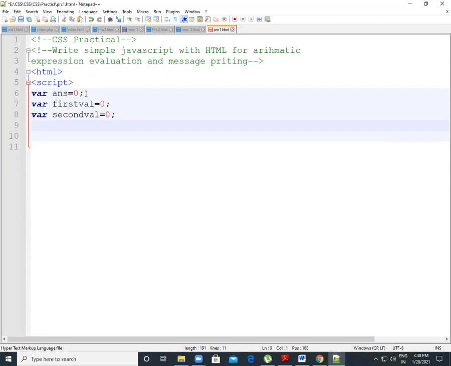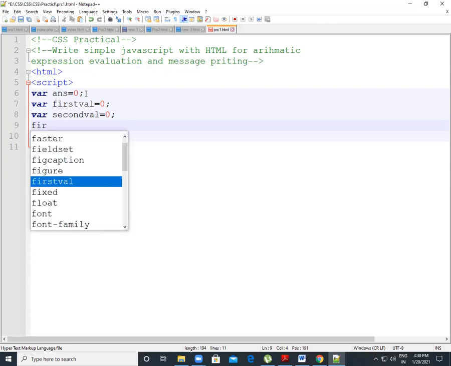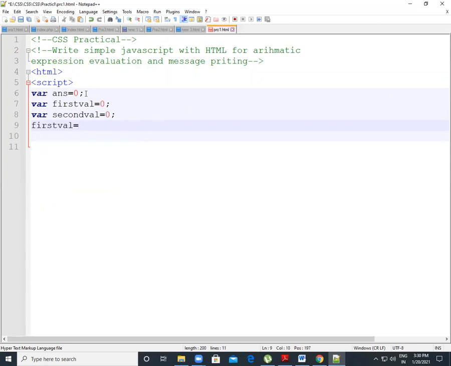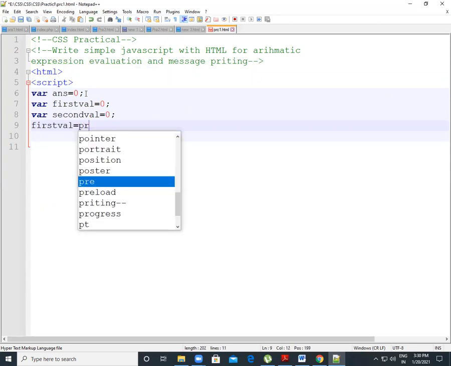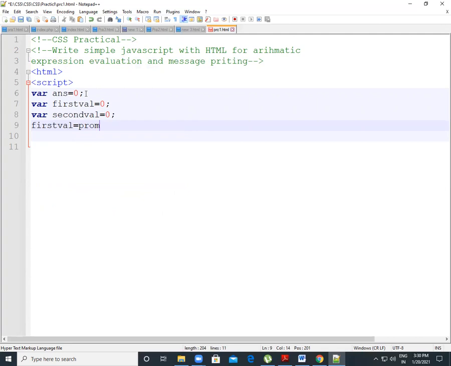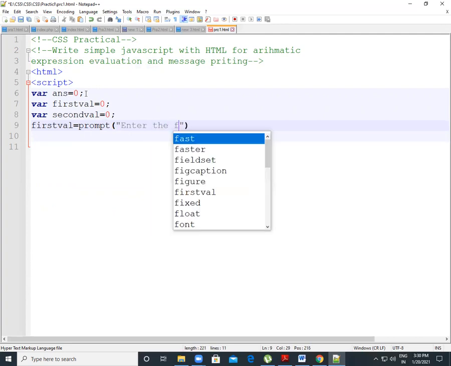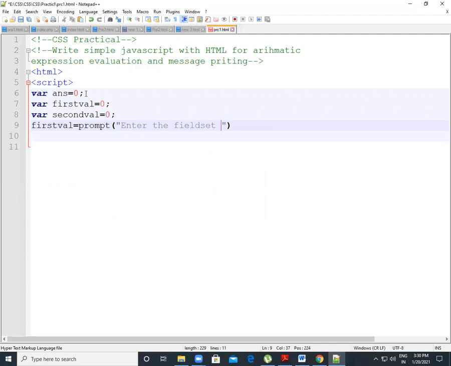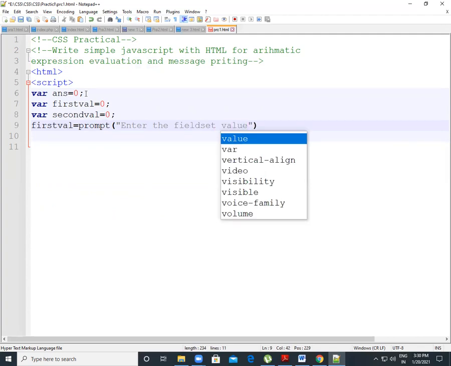Now I declare first value equal to my prompt function. In the function I write the statement for the user: enter the first number, then the default value 0, then a semicolon. Similarly, second value equals prompt: enter the second number.